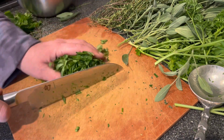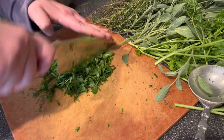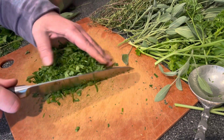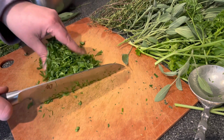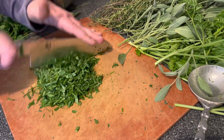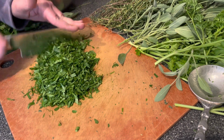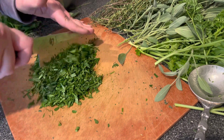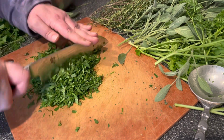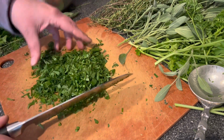So this recipe is measured in a ratio or in parts. And the recipe is 5 parts parsley, 2 parts sage, 2 parts thyme, and 1 part rosemary. And you can use whatever you want to measure a part. I think that a 1/4 cup measuring cup is kind of a good place to start. So I always do, if I'm doing 5 parts of parsley, I am going to do 5 1/4 cup measurements